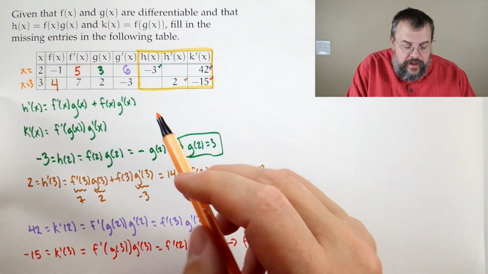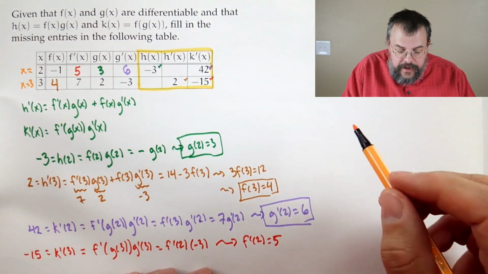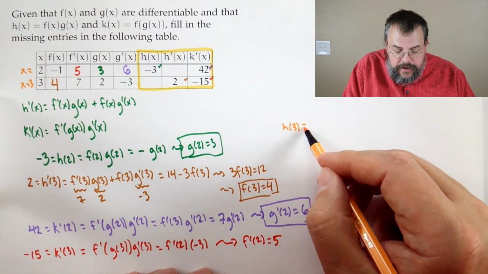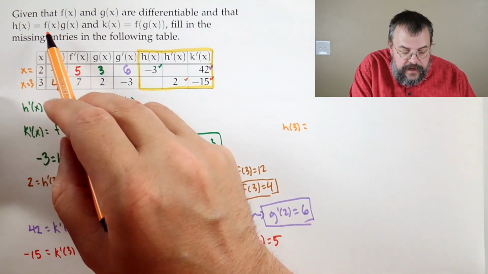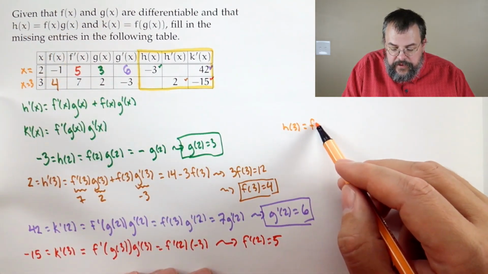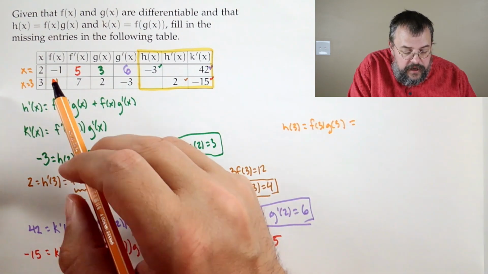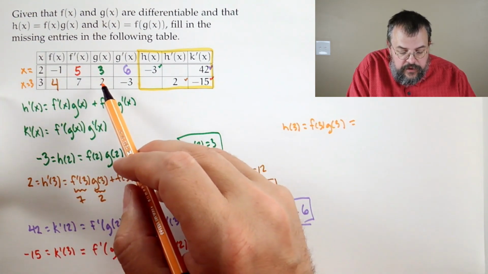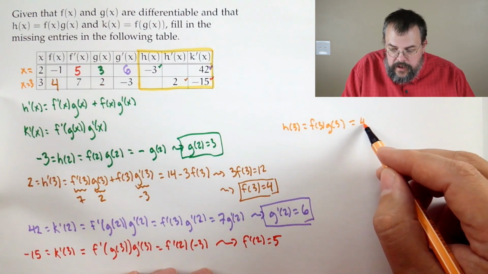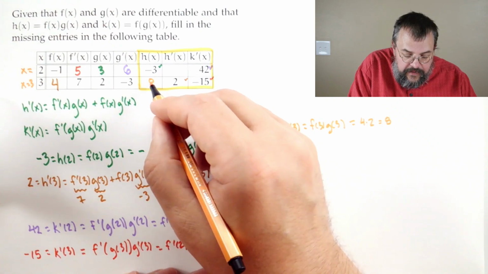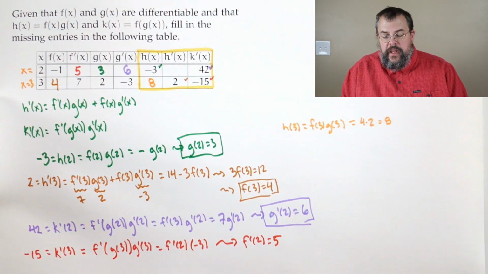So for instance, what if I want to know h of 3? So what is h of 3? H of 3 is equal to, see, h is f times g. So it's f of 3 times g of 3. So that would be 4 times 2, which is 8. So there we go. That's 8. And finally,